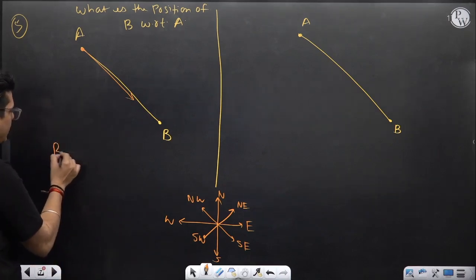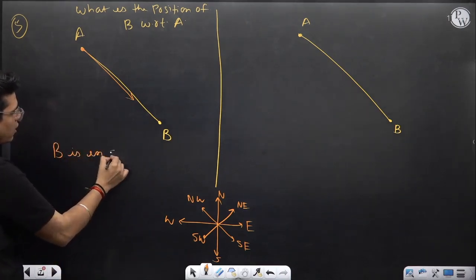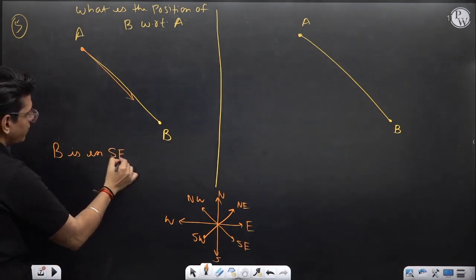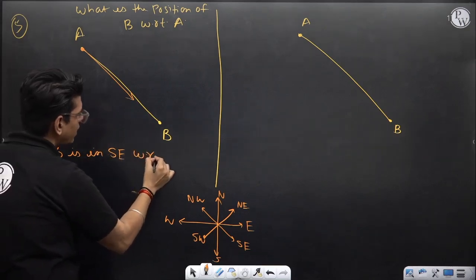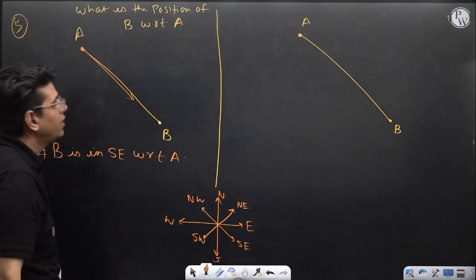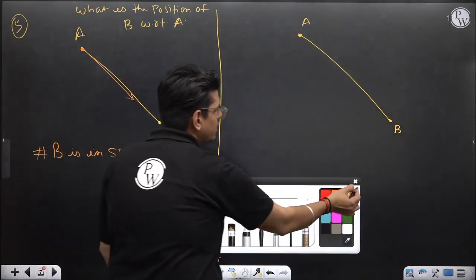So B is in southeast direction with respect to what? A, right? This will be the answer. Now, if someone asks you